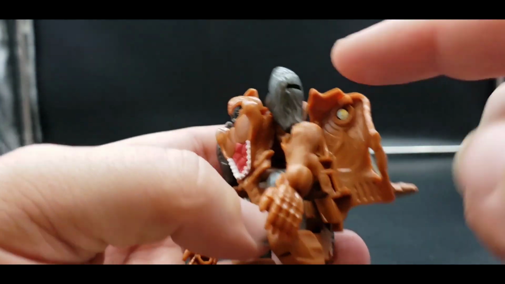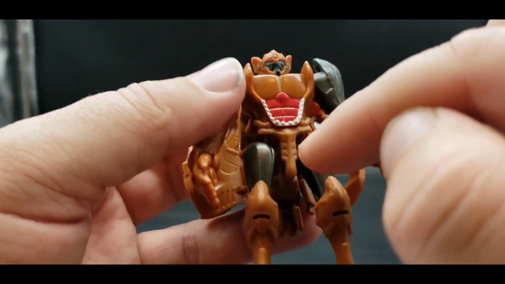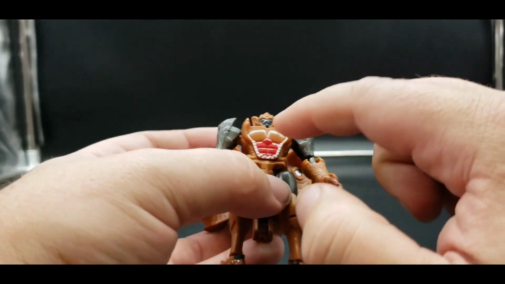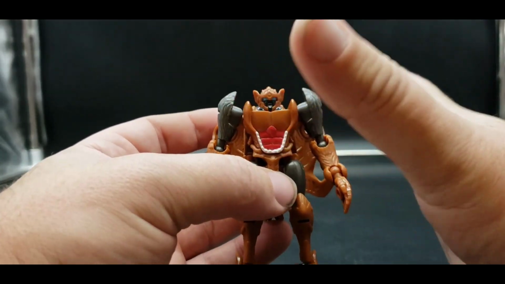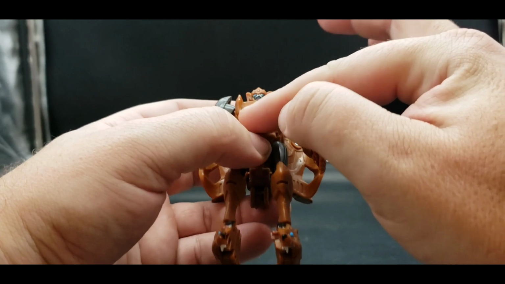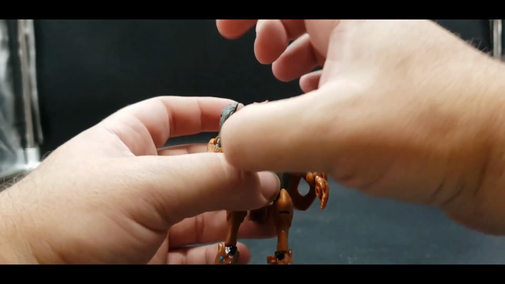Got the gray here. Again, all that faux fur. Got some red and then the teeth. Because the original toy, the lower jaw wasn't the heel. The whole thing came down. And it was one of those partially auto transforming toys, like you had to finish up little tiny pieces of it. But the lower jaw did become the chest. And then, yeah, it all